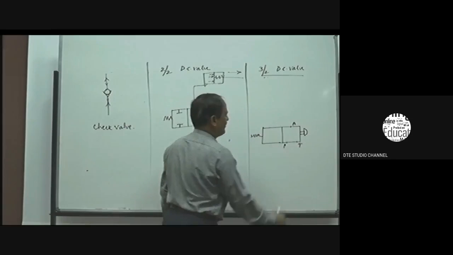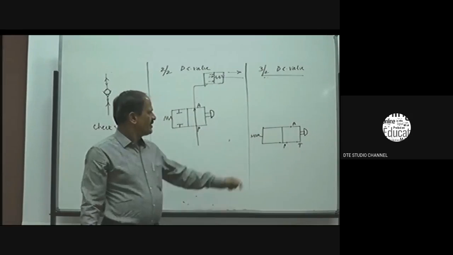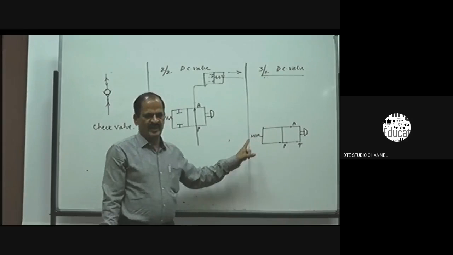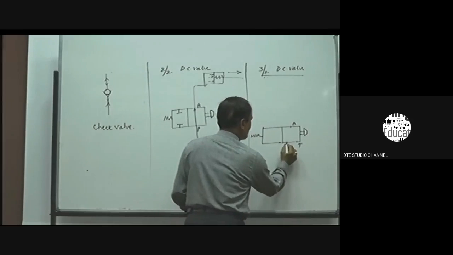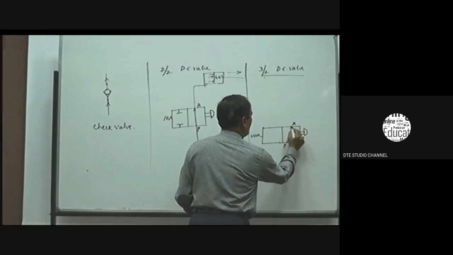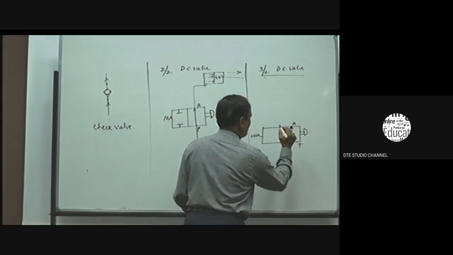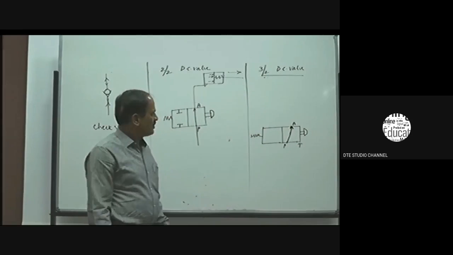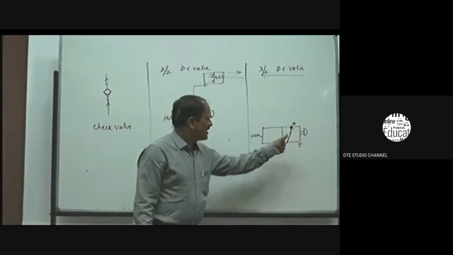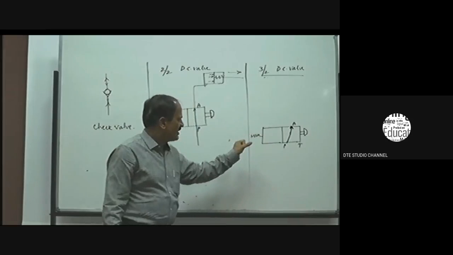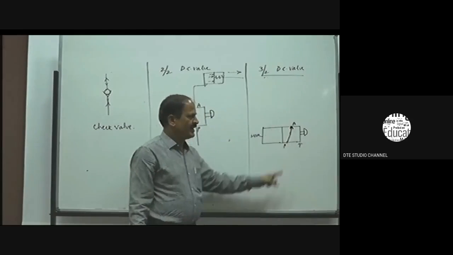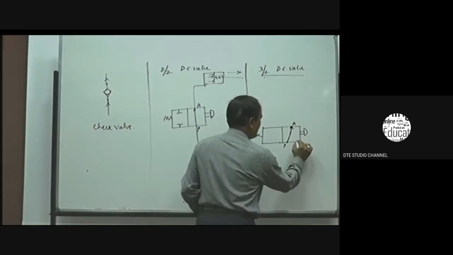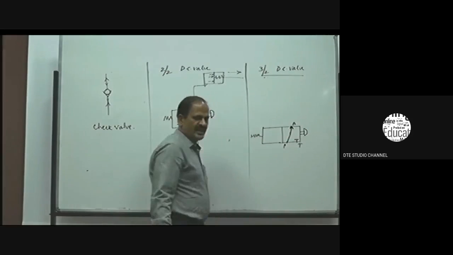On the other end of this DC valve, there is a spring, a return spring. In the first position, connection is made between P and A. These two are connected. In the first position, assume that the push button is pressed. When the push button is pressed, the plugs will open the ports P and A. Connection is made. And the T is closed. In the first position, T is closed.